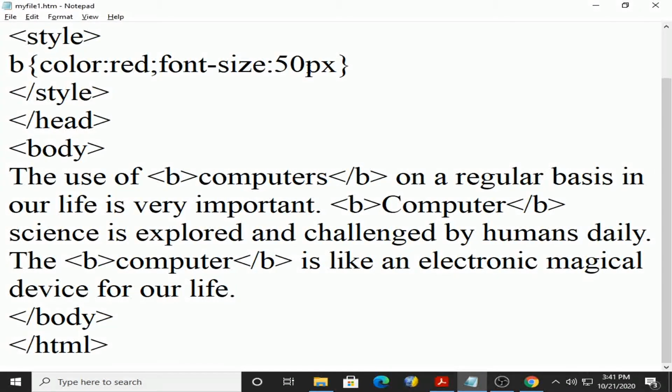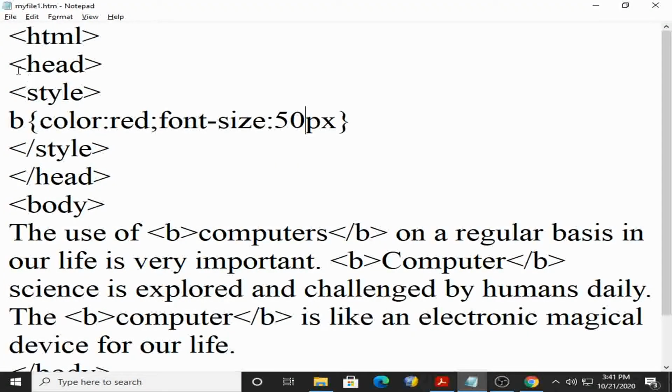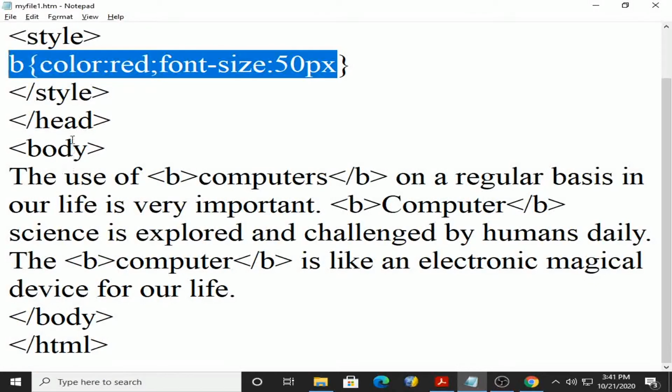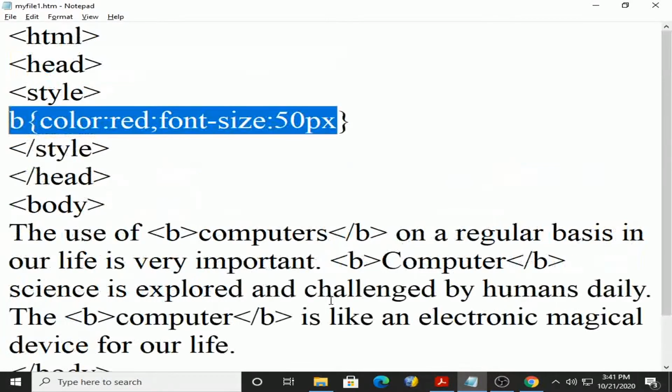See, here your presentation is in the head section between style and slash style. This is presentation, and where you implement that content is between body and slash body. So indirectly you are separating presentation from content, which is necessarily required.